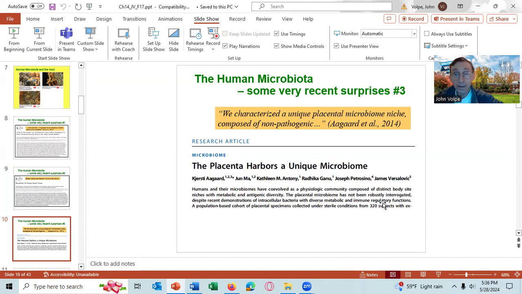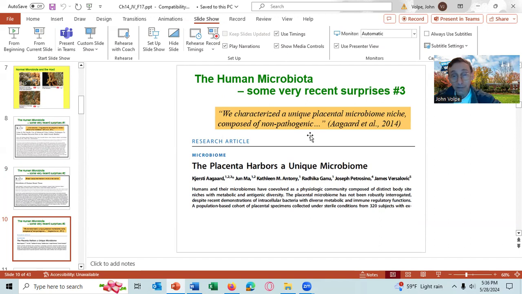Here's a place where they said that finding the normal microbiota was surprising, and I wonder why it was surprising that they found that the placenta has a normal microbiota. And why I say that's not a surprise to me is the female reproductive system is open to the outside. And so the vagina and up the vagina can get normal microbiota. And so the placenta shouldn't have been a surprise if people would have thought about it, because it's obviously connected to the